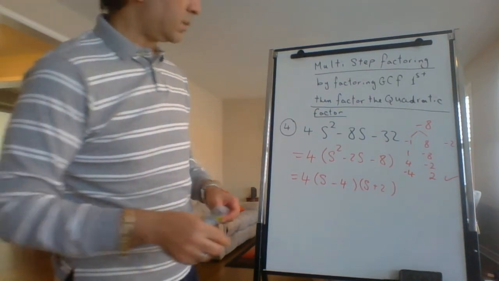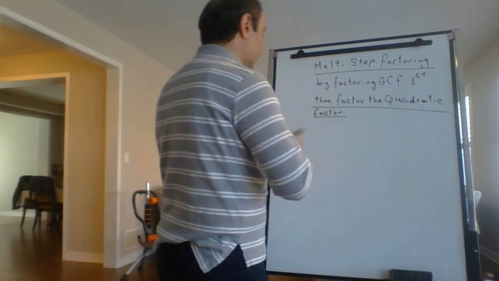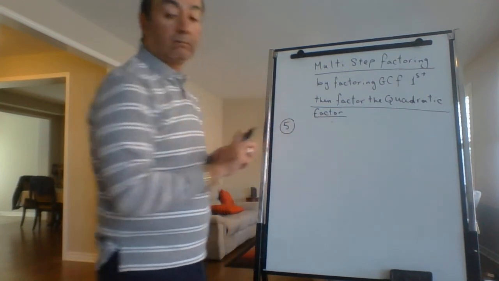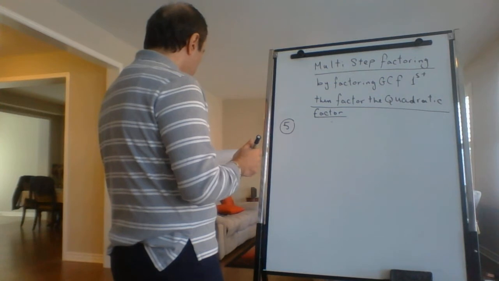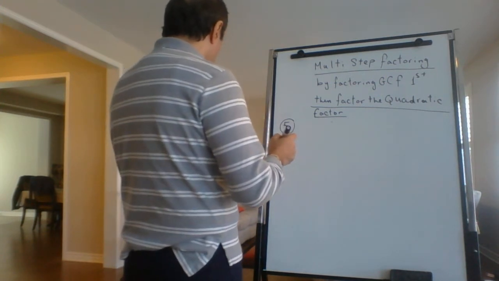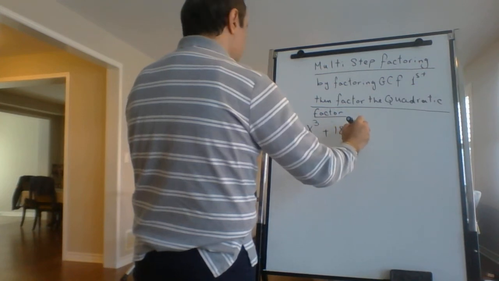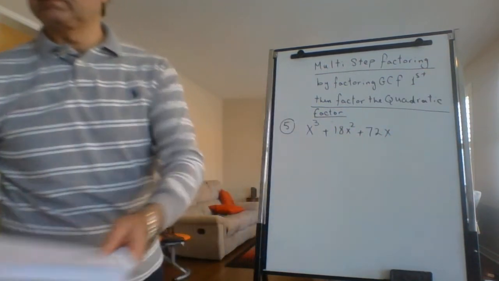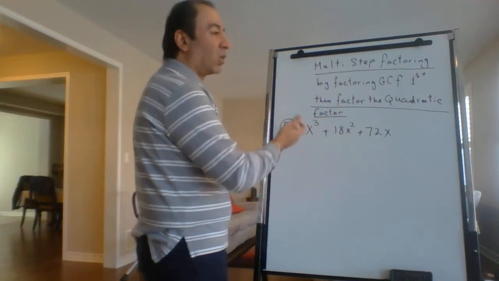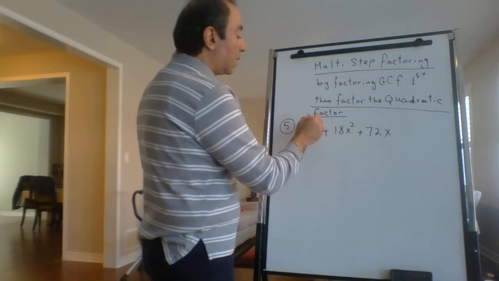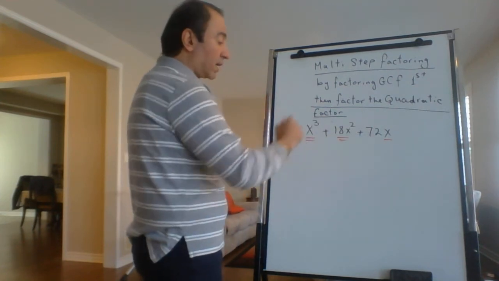Okay, another example. Let us say we have x cubed plus 18x squared plus 72x, and we need to factor this. When I look at this, I see the numbers 1, 18, and 72, so 1 is common, so we don't need to do anything about this. But I see here that x cubed and x squared and x, all of them have x as a common factor. So I can factor the x out,